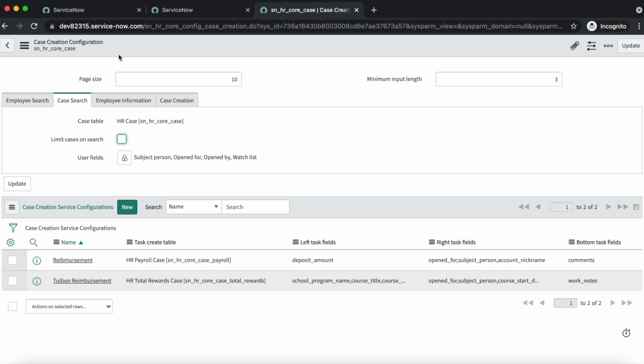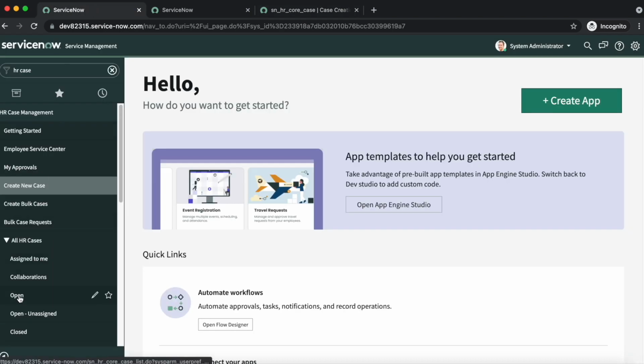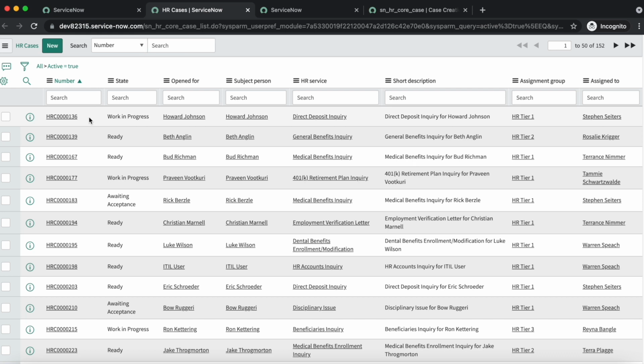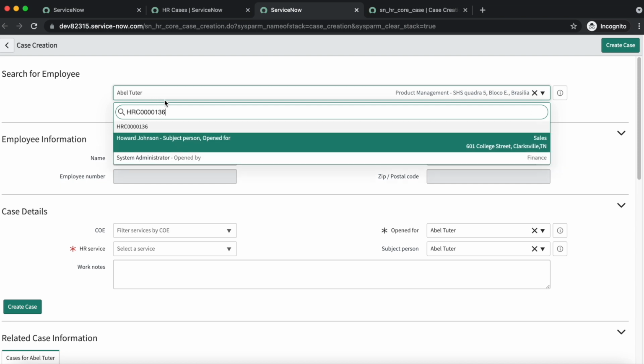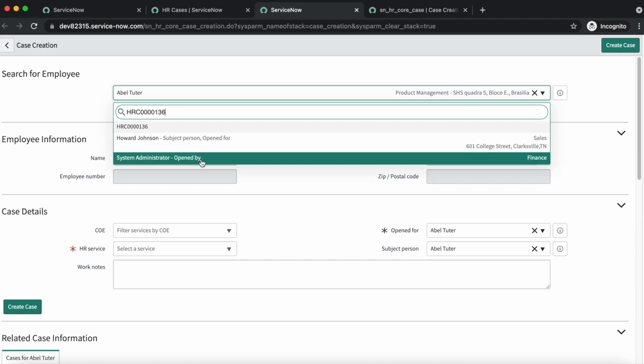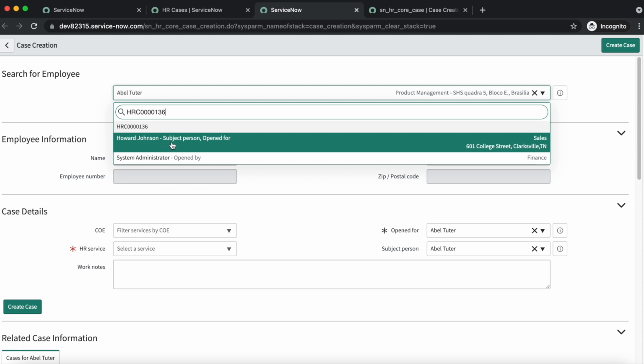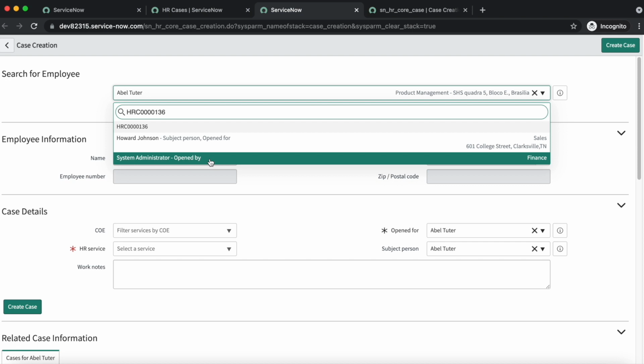For example, let's open and select this case. Here it's showing Howard Johnson as the subject person and opened for, and system administrator as opened by.